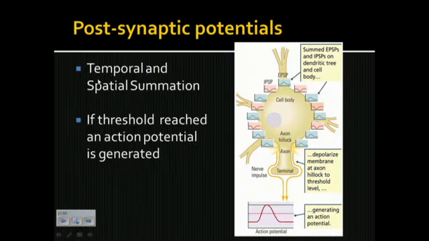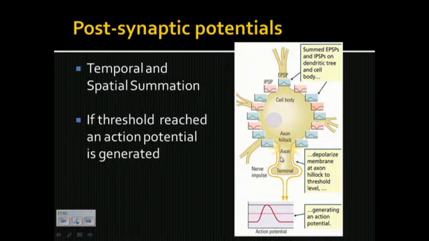Okay, so what's important here is your temporal and spatial summation. Postsynaptic potentials that are closer together in time will lead to a bigger depolarization effect. Closer together on the neuron will also lead to a bigger depolarization effect. Whereas, say you just had an excitatory postsynaptic potential here and here, those are pretty far away on the neuron, and they won't add together and have a synergistic effect and lead to an amplification of these graded potentials within the cell soma